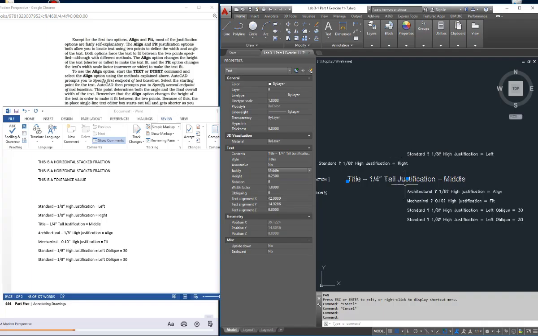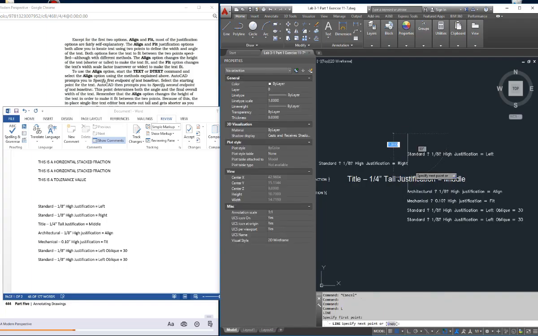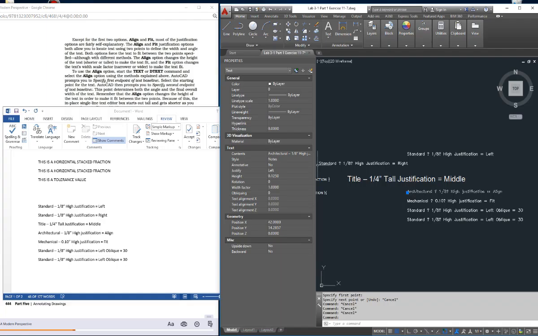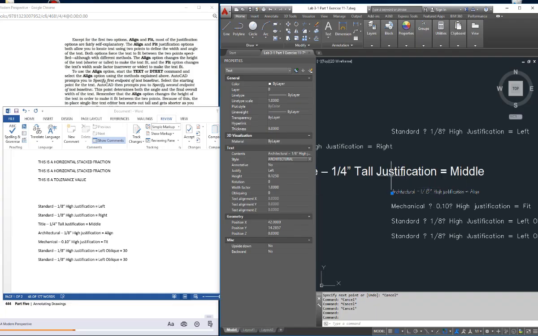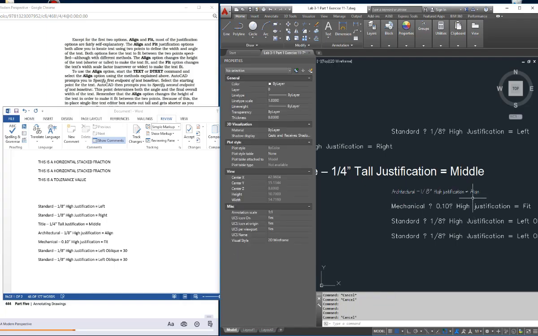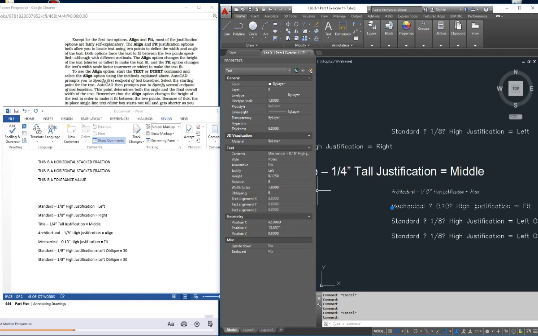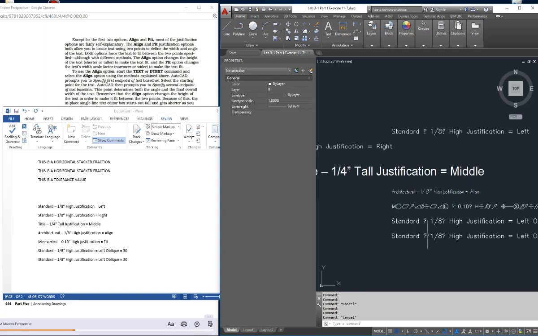And you can see it threw it to the middle. All the while, this line right here is where all of our text is being formed from. So then I need architectural, and I believe I have a style called architectural, 1/8 inch style, and we want it aligned. So I'm going to look in here and see if I can find aligned. There it is. Mechanical. Now I'm going to change my style to mechanical, and you can see the letters went